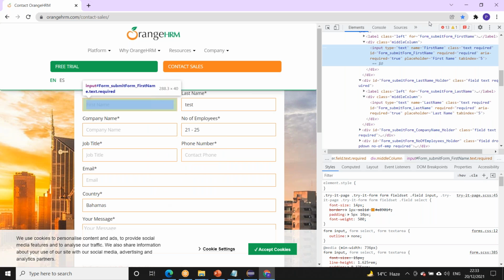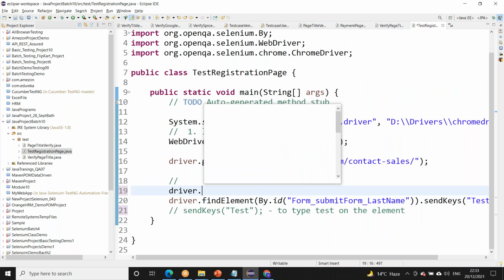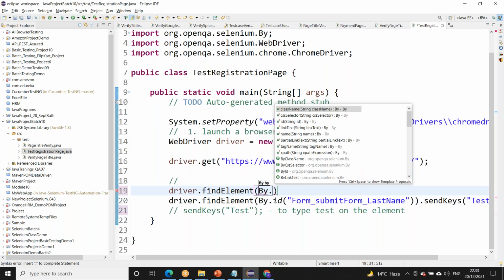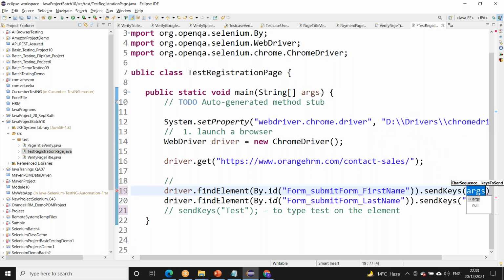I will inspect, right click, inspect, ID is available. I copy it here. Before the last name, I want to type the first name, right? Driver dot find element by dot ID, and which ID? The copied one. We already copied it. And I want to type, send keys.